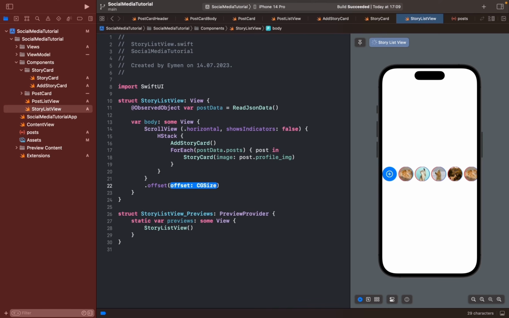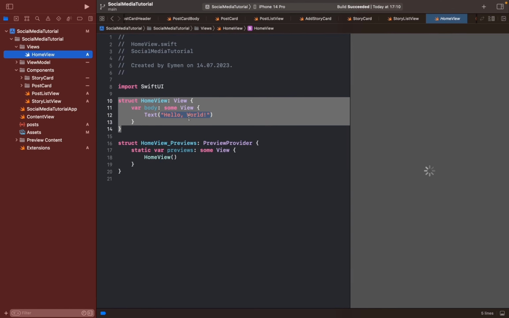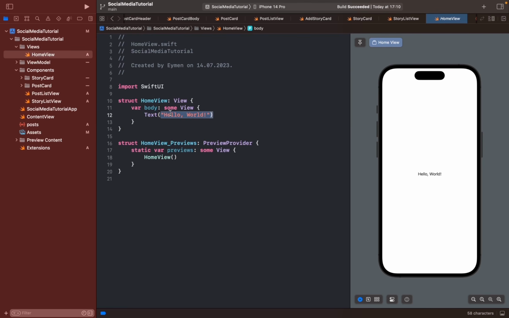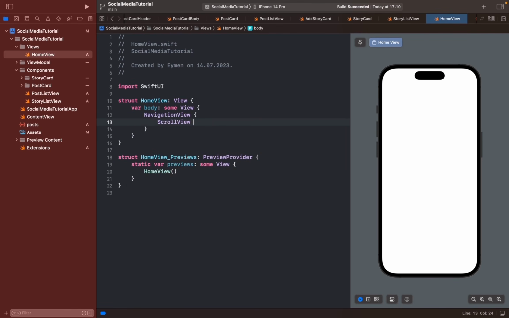And also I will add offset x to maybe 15. Okay, so we have space from left. Go to home page to display all this we made now. I will open new navigation view, open new scroll view,